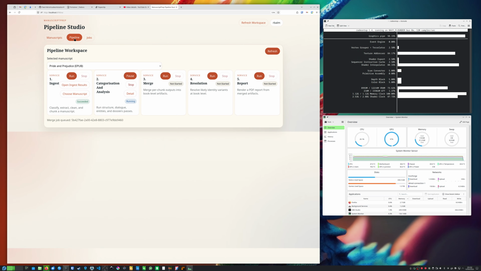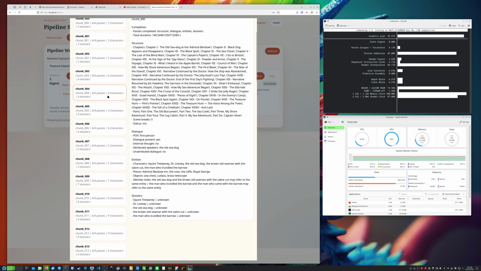So if I switch the pipeline, we can see that for Pride and Prejudice we have successfully ingested that book. It's classified, extracted, cleaned and chunked it, and that's then ready for analysis by the artificial intelligence, by the AI. So here in the second stage you can see that's currently running for Pride and Prejudice, and I've already run it for Treasure Island. There it's succeeded, and we can look at the detail for what it did with all